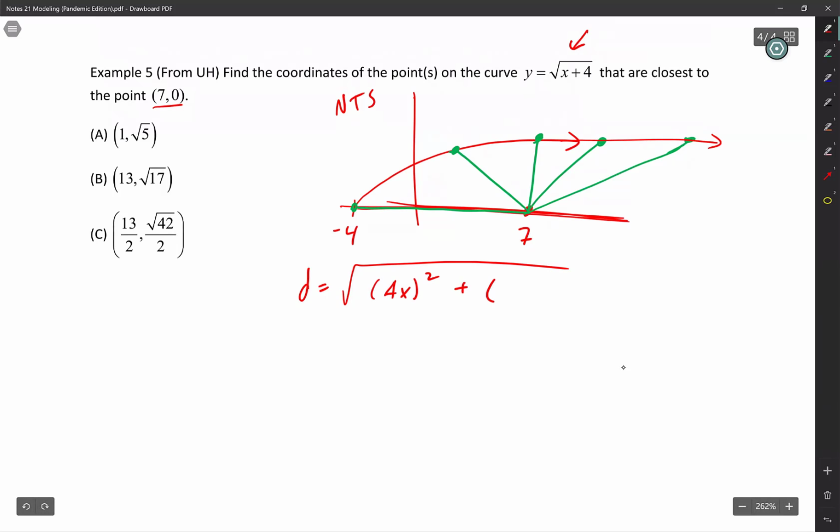It's similar to the Pythagorean theorem. They're all related. They're brother and sister. Change in x squared plus change in y squared, and it's the square root of that. Now this is what I want to minimize. So this is what I'm going to take a